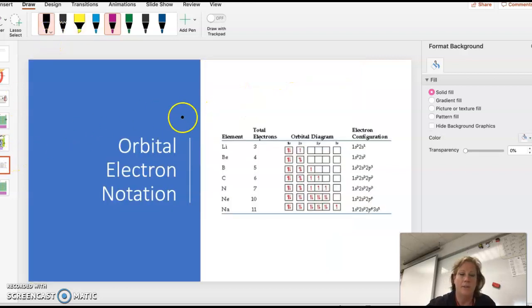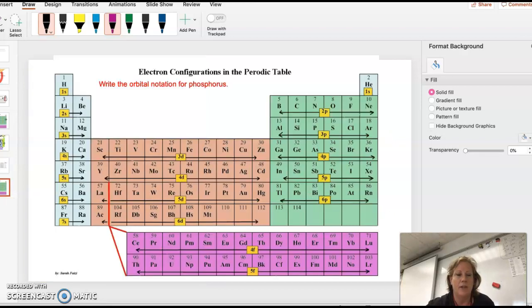Let's do one more thing, which is writing orbital electron notation. This is helpful sometimes, like we did part of this in our electron distribution worksheet, but you only did the outermost s and p electrons. I wouldn't make you do this for a really huge element, but let's say I was going to do just the normal configuration, the standard complete, not the noble gas configuration, for phosphorus. It's sometimes helpful if you actually write it out first. So it'd be 1s2, 2s2, 2p6, 3s2,